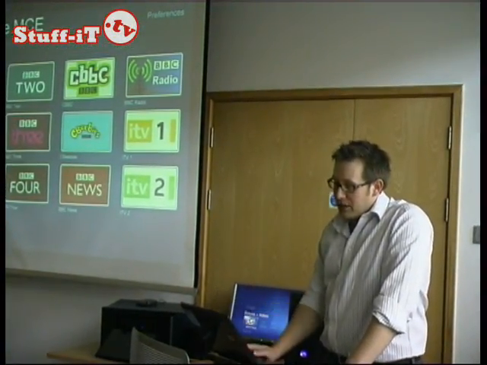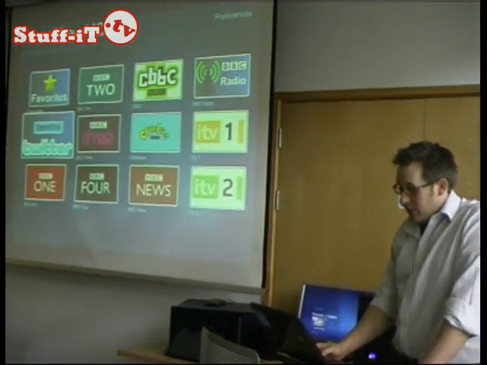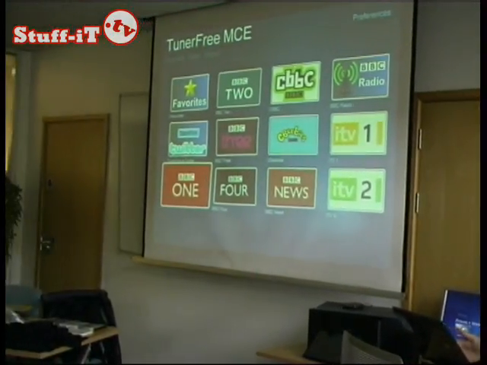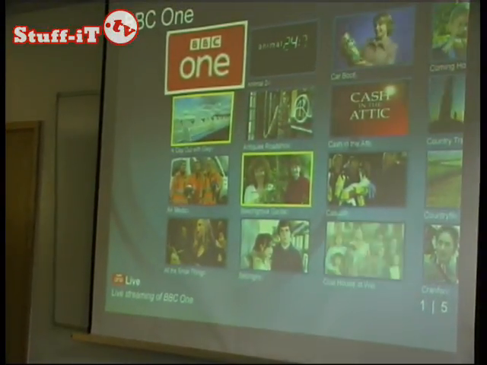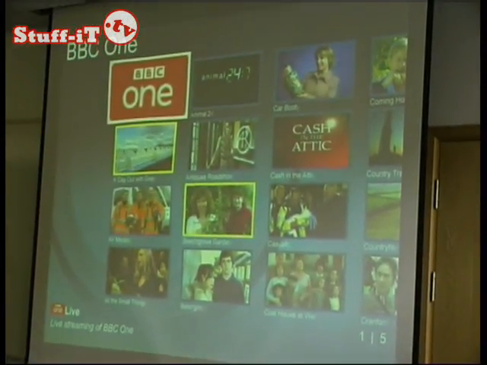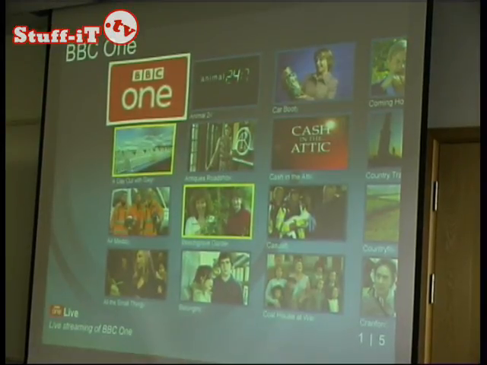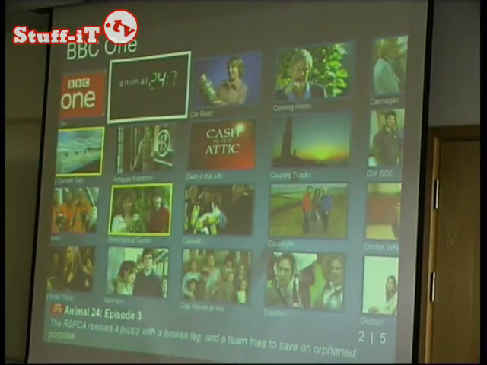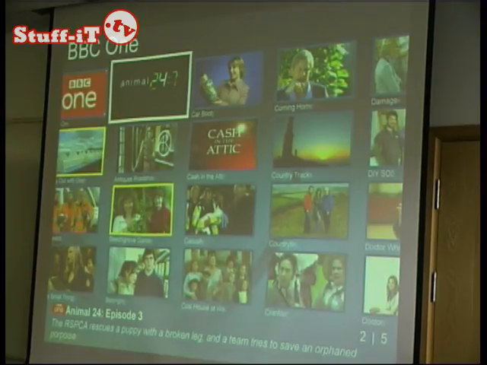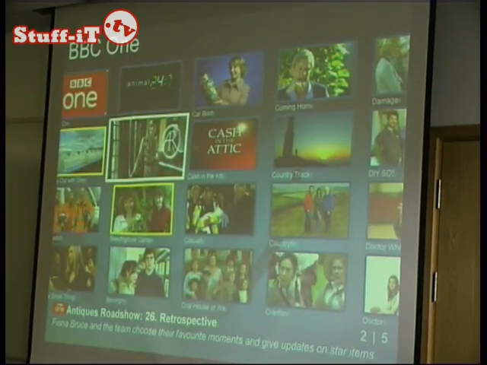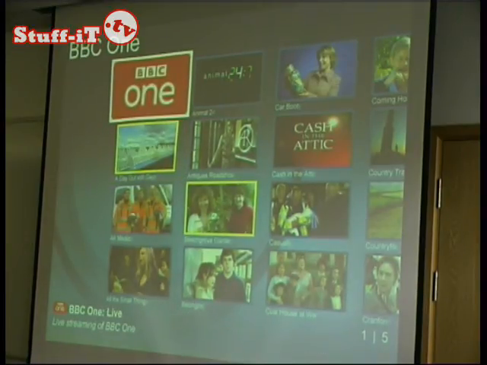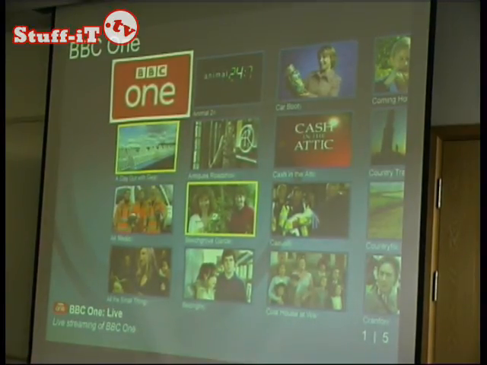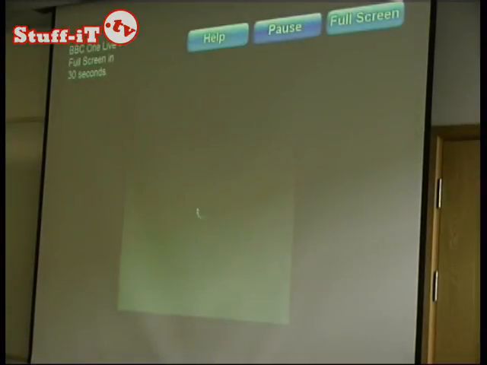So just to give you an example of what's available here, if you were to go down to BBC One, for example, and go into it, in the background there's a service running that's cached everything and pulled down all the information about all the available programmes, pulled down the art for each one as well. And I'll go into the live feed of BBC, and it will quite happily kick in, and after a few seconds start to play the stream,